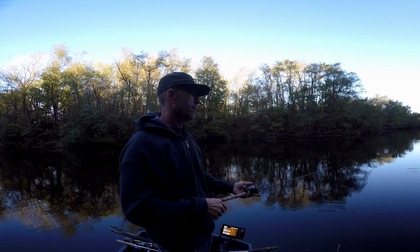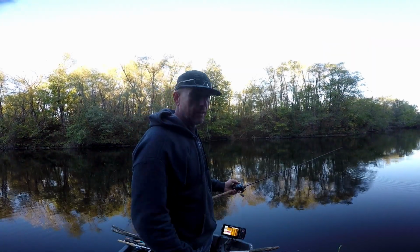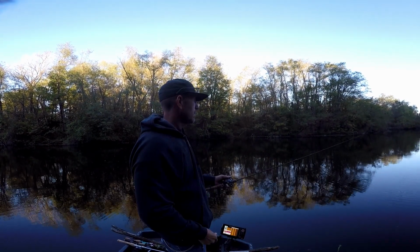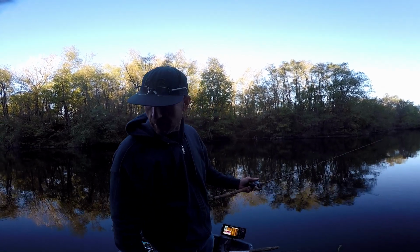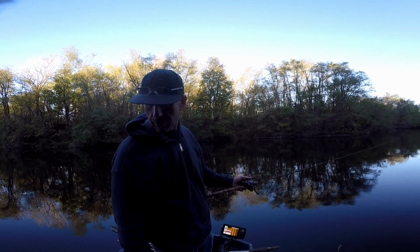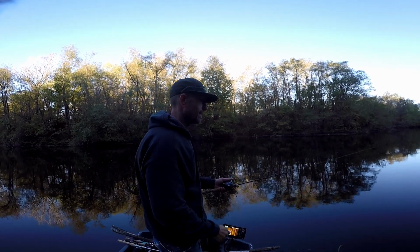We're going to try it right back there. That's roughly the spot. Let's see if we can catch another one. Charles has dug deep into the tackle box. He is deep into his tackle box digging on stuff. I have primarily lived on this worm. What do you got? Charles thinks he's got a...